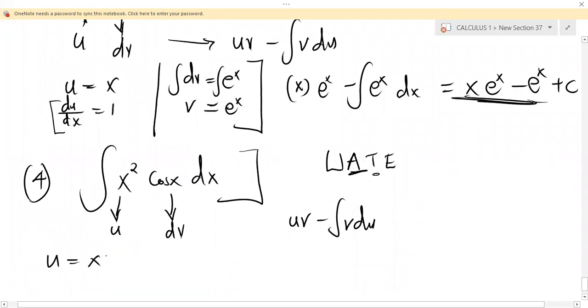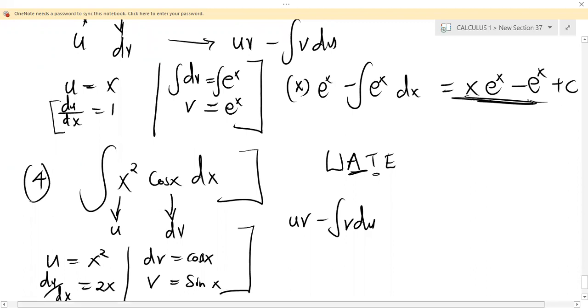Now u is equal to x squared. So what is our du/dx? If you differentiate this, you get 2x. And dv is equal to cos x. So what is our v? If you integrate this cos x, the integral of cos x is sine x. Then replacing these values into the formula,